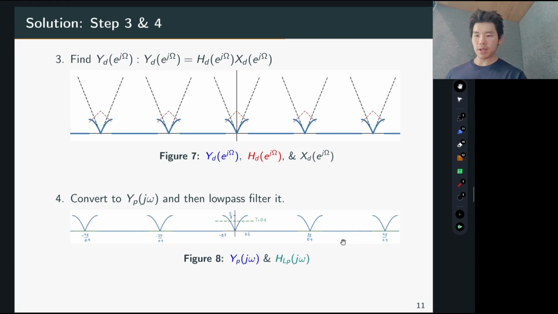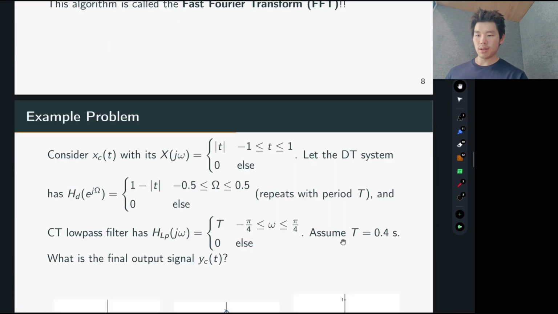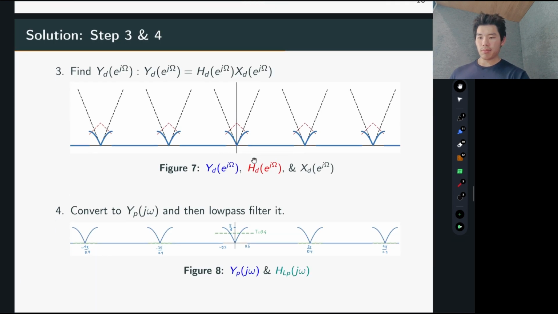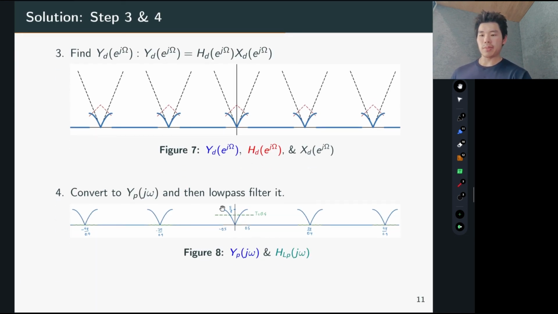The low pass filter has this graph, and like I said before, we're just sifting out the one copy at the center, at the origin, and hence we get the